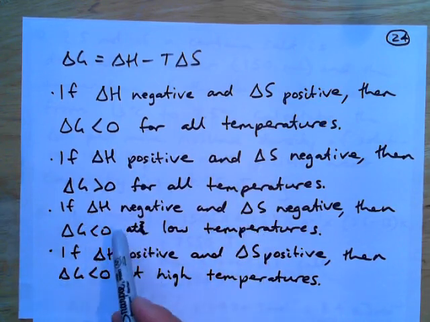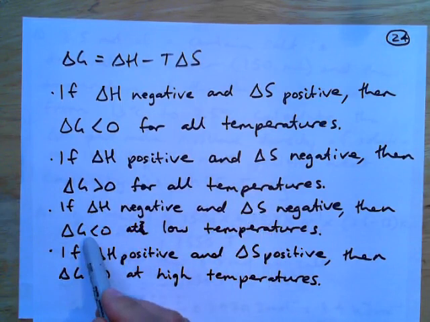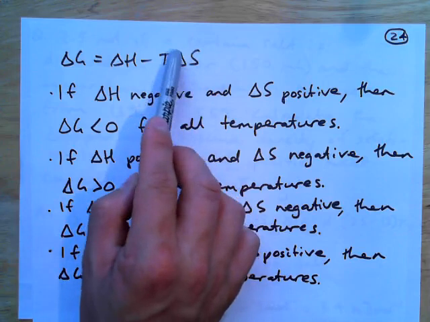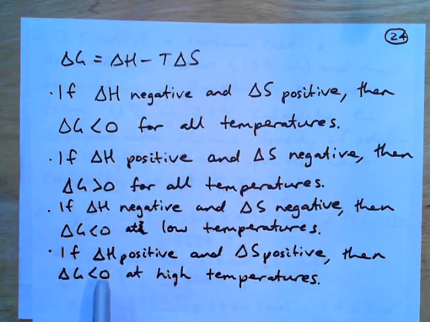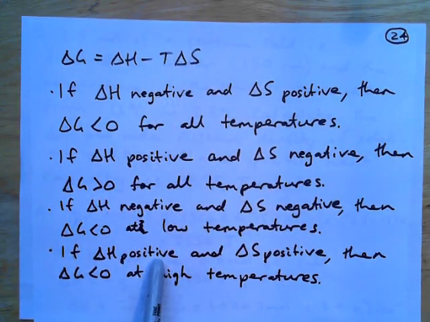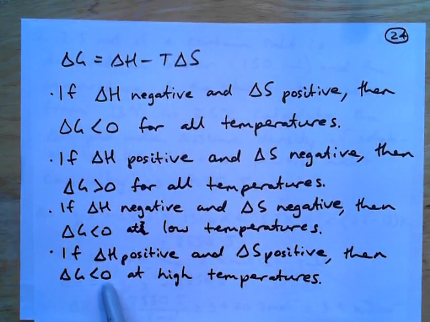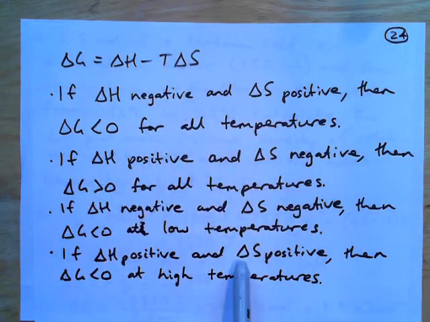If you have a negative delta H, which is a good thing, and a negative delta S, which is a bad thing, at high temperatures it's not going to be negative for delta G, because again that temperature starts magnifying the less than ideal entropy we have. If delta H is positive, which is not a good thing, and delta S is positive, which is a good thing, then delta G is going to be less than 0 at high temperatures, because the temperature is going to magnify the effect of the delta S. It's going to magnify the good thing,